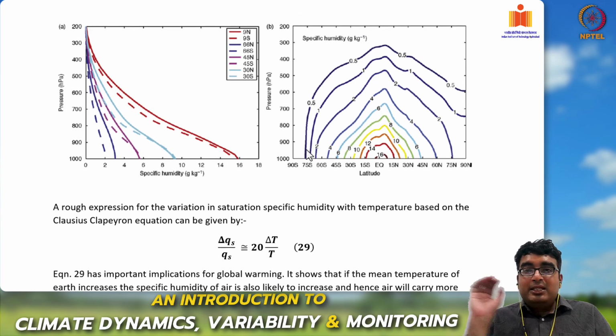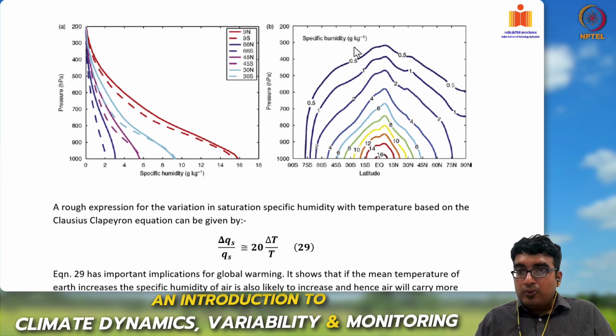You can also plot the mean specific humidity contours with pressure and with latitude. Okay, so this is the equator, this is 90 degrees south, the south pole, and 90 degrees north, which is the north pole. This is pressure from 100,000 pascals to 20,000 pascals, so the top of the troposphere. These contours are isocontours of specific humidity. So this region here is 16 grams per kg. This region here is 14 to 16 grams per kg. Then this is 12 grams, 10 grams per kg, 8 grams per kg. This is 0.5 grams per kg. Okay, so you can see,